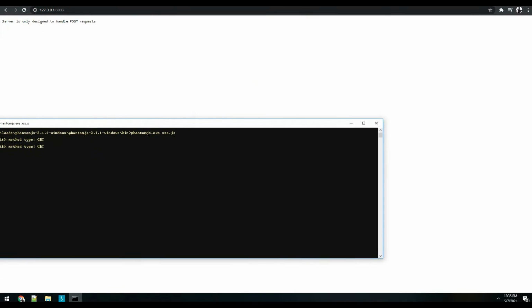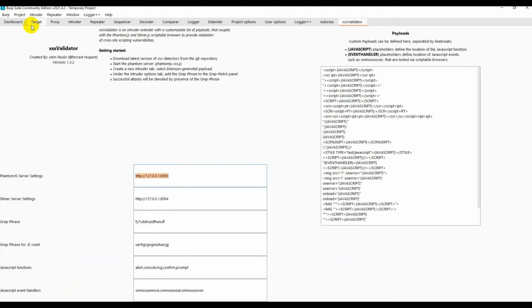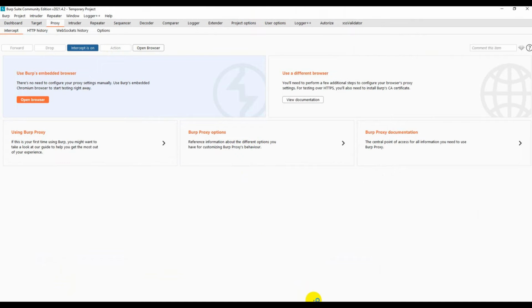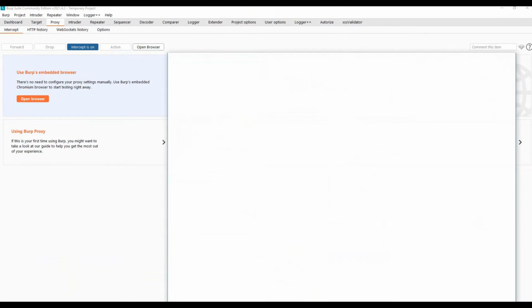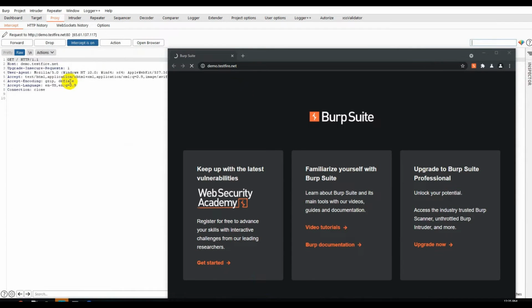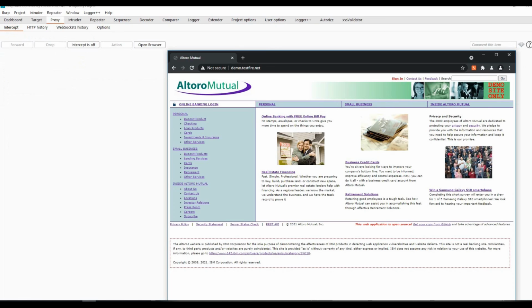All right, let's go ahead and start fuzzing for the XSS. I'll go to the Proxy tab and open the browser. Again, I'm going to utilize the demo.testfire application. Let's wait for it to open. I'm trying to load demo.testfire. Okay, it has been captured over here. Great, we have demo.testfire opened.